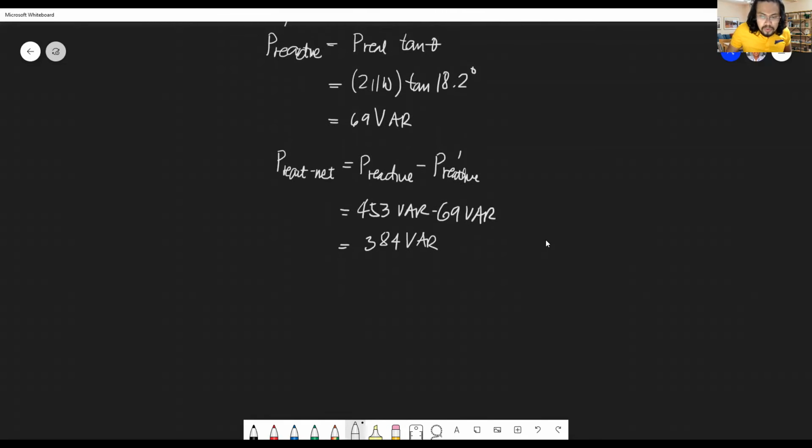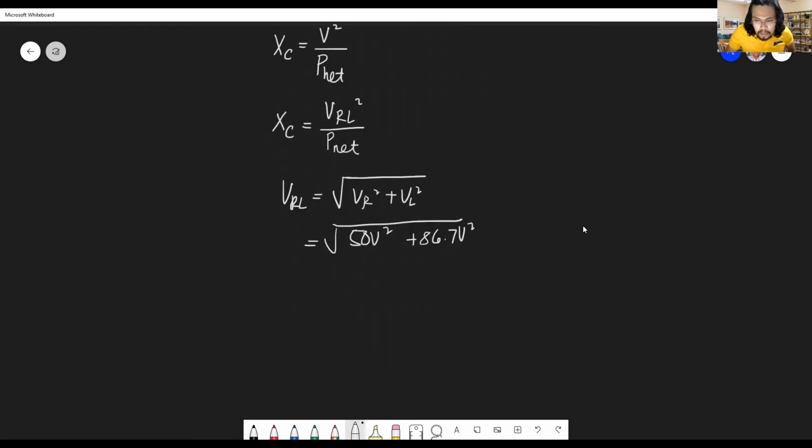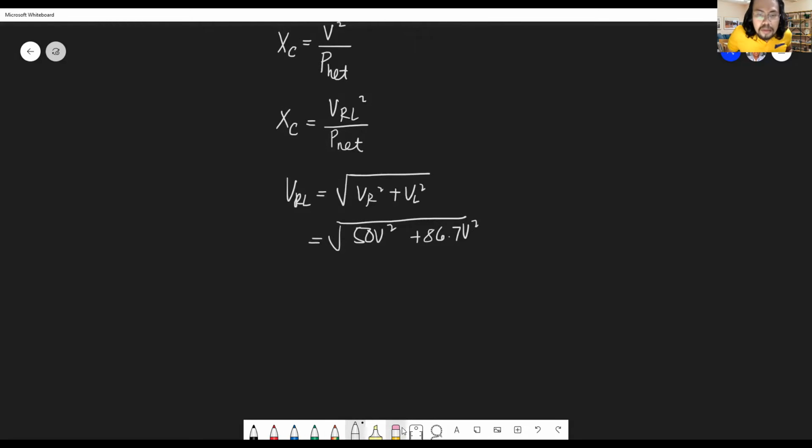We know that this value for the P net is solely due to the capacitor. So we can now solve for the X sub C, which is X sub C equals V squared over P net. Here, VRL is the square root of V R squared plus V sub L squared, which is 50 volts squared plus 86.7 volts squared. And we get the value,